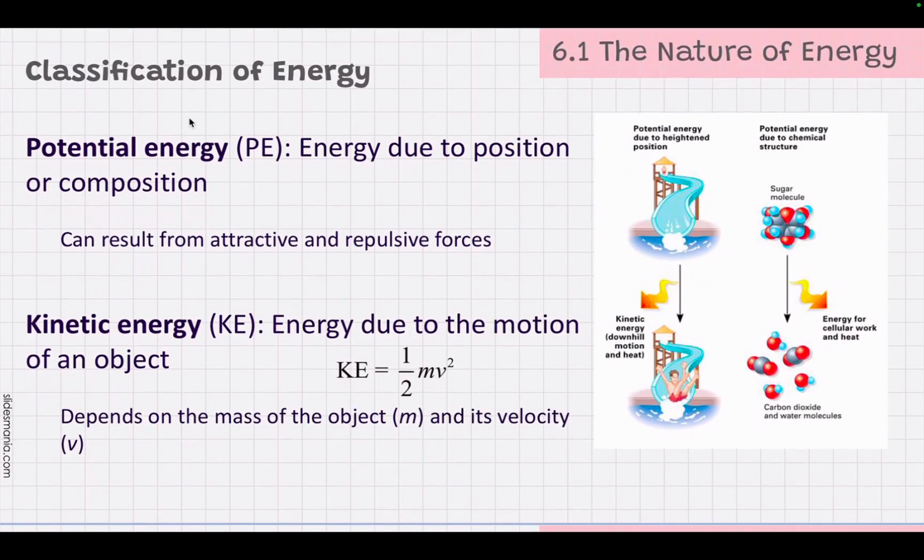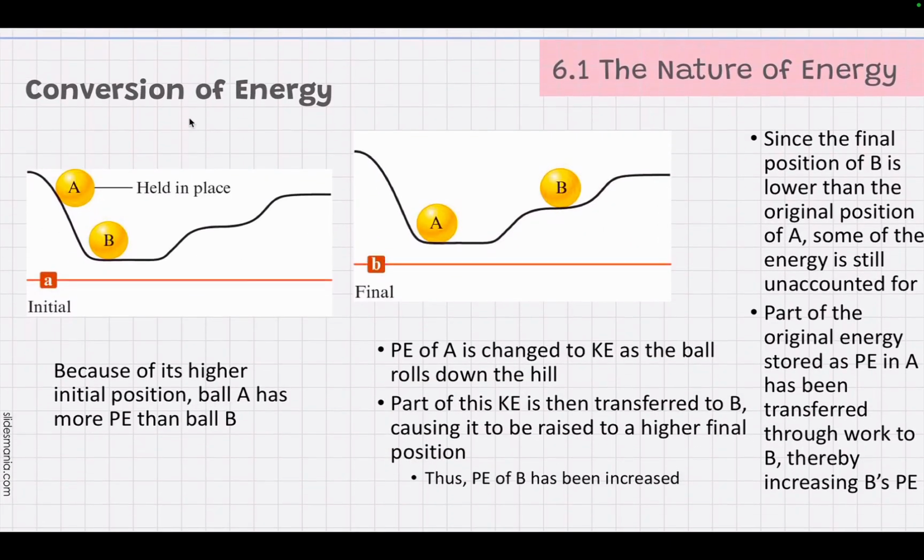All energy can really be classified as potential or kinetic. Potential energy is that energy that's stored in something, and kinetic is any type of energy due to motion. We know that kinetic energy is directly proportional to the Kelvin temperature of a substance. This is just showing you some of those conversions, like ball A on the left definitely has potential energy, and then as it rolls down, it'll convert that into kinetic energy, transfer to ball B, and then ball A eventually stops.